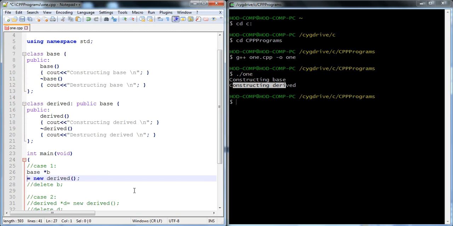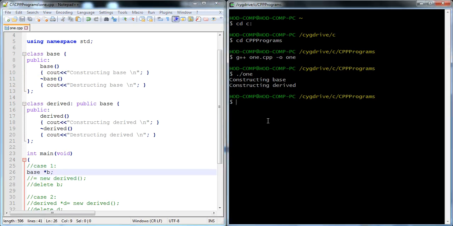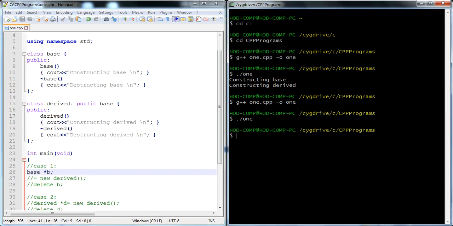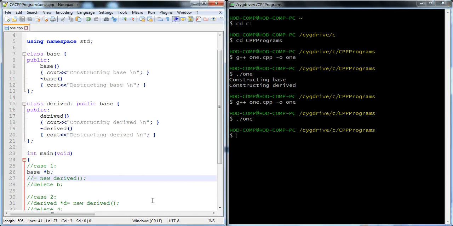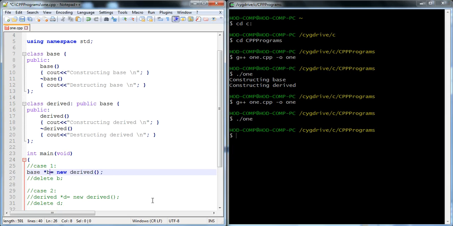Now we will change it so that it only creates the base pointer. What will be the output? Nothing is called, because the constructor is only called when we assign a value to the base pointer.